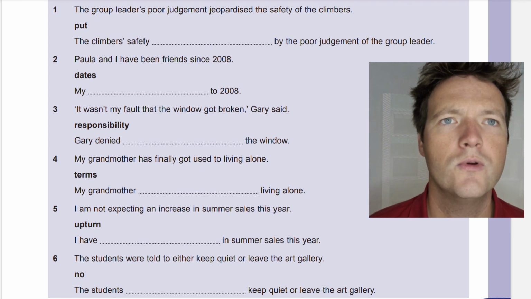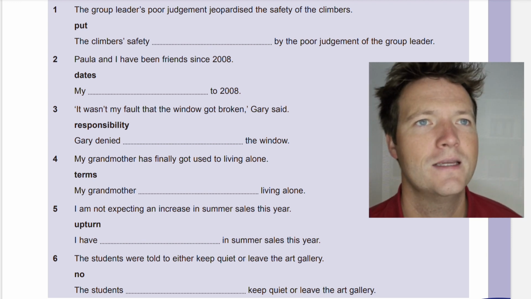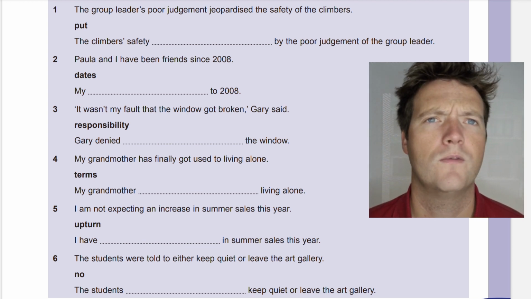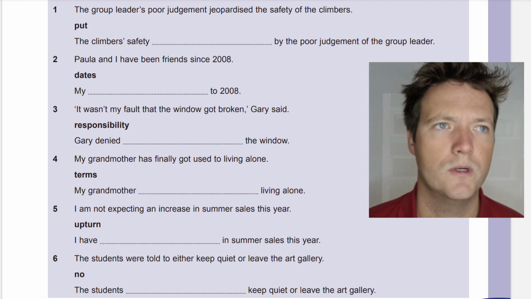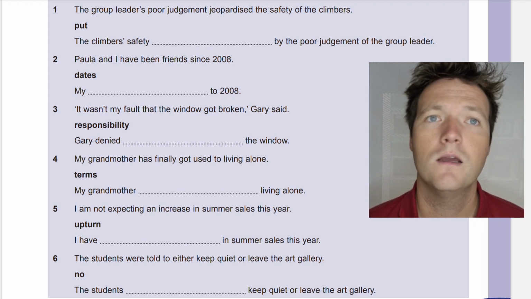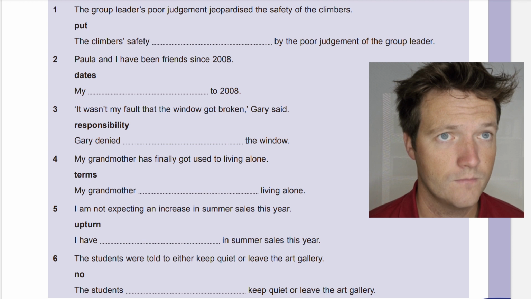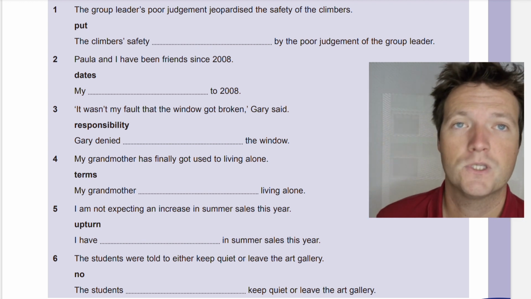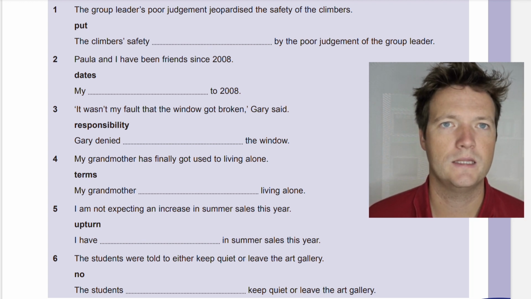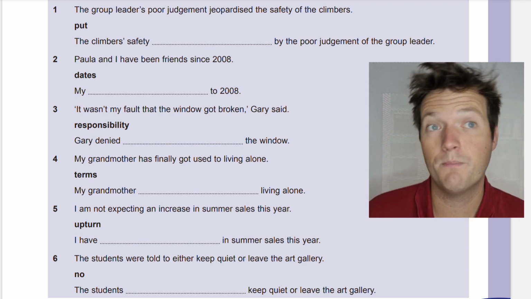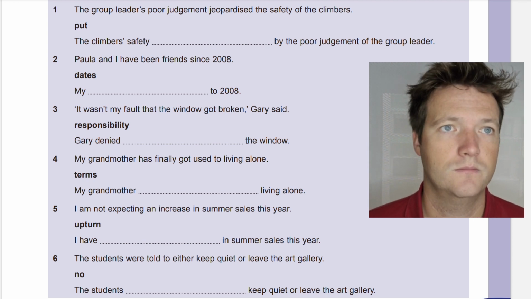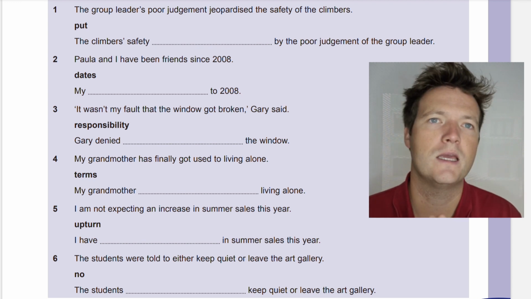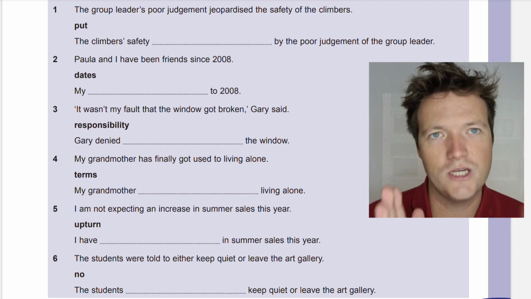It says, the group leader's poor judgment jeopardized the safety of the climbers. Now we've got the word put, that's our key word. And it says the climbers' safety by the poor judgment of the group leader. So what do we want to say? We want to say that the climbers' safety was jeopardized by the poor judgment of the leader, right? But we've got the key word put. So how can we say that the safety was jeopardized